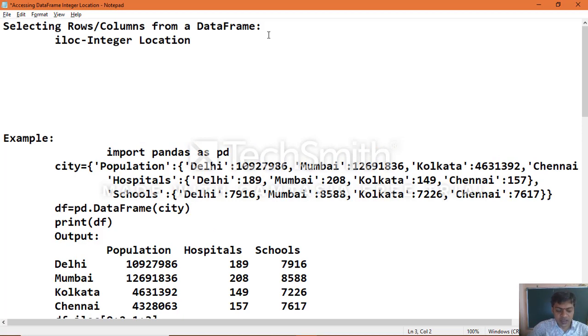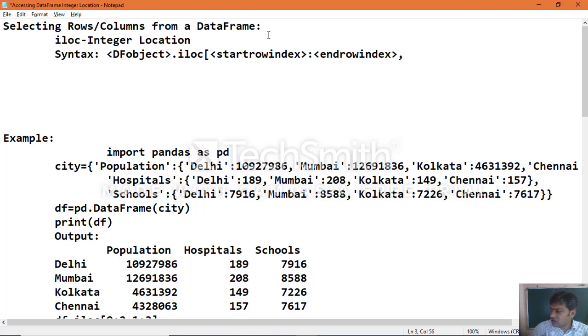So how can you make use of this integer location? See the syntax. Data frame object followed by dot, the same as the loc which we used earlier, but here we use iloc, integer location, of start row index colon end row index, comma, start column index colon end column index.